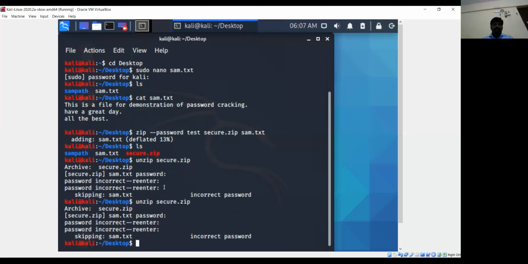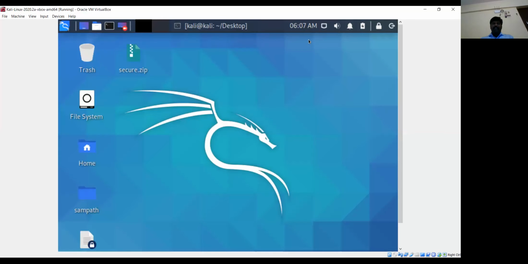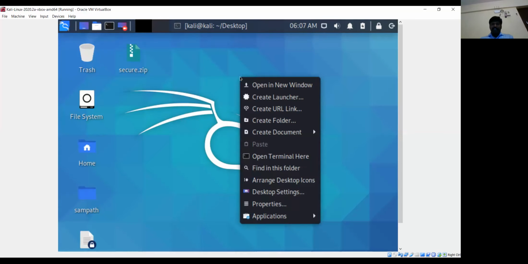So what we did so far is we created a text file and then protected it with a password. The same could be created through the GUI interface also. You can create a file.